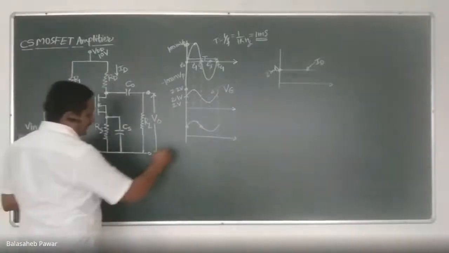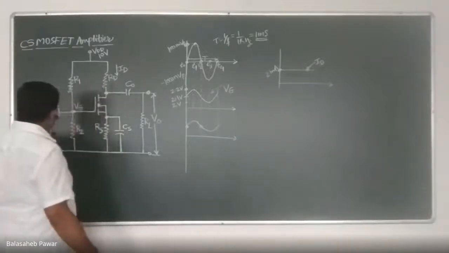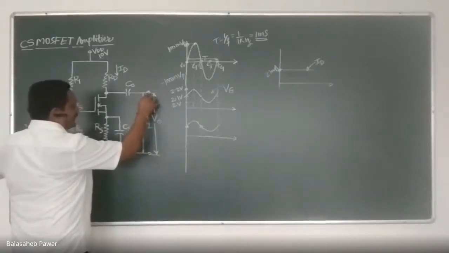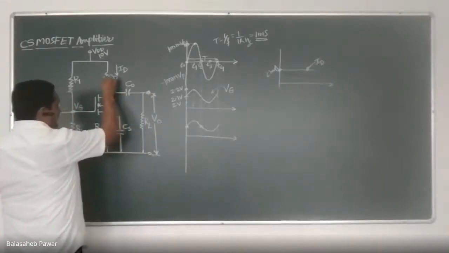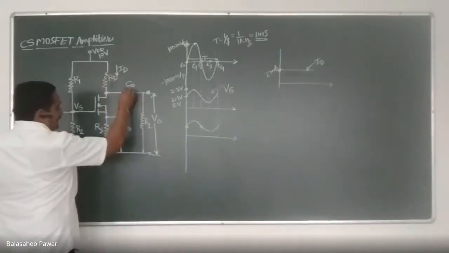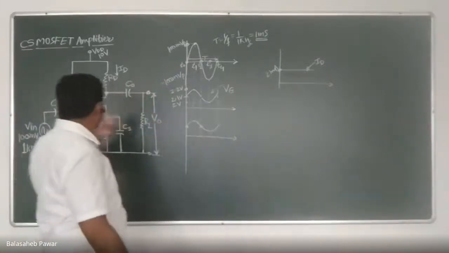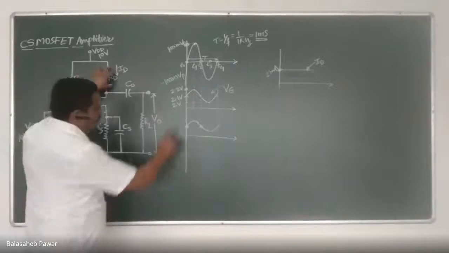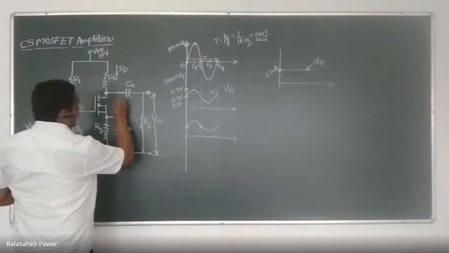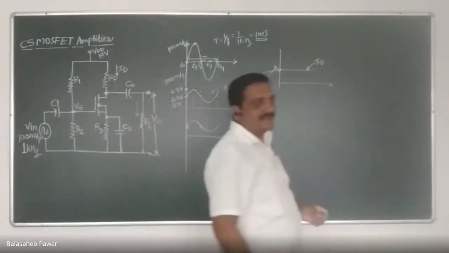Now see, whenever that input signal is 0, I already explained how much the output voltage will be. It will be 0 because whatever current component is there going through this RD or through this transistor will be DC in nature. And whenever we apply the input signal, that current component becomes time varying, right? So this time varying current component, this capacitor will easily pass through RL, right?